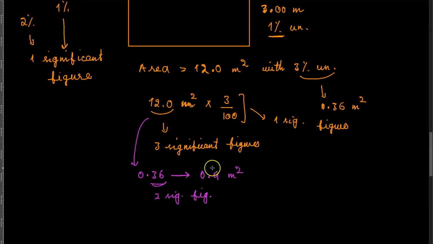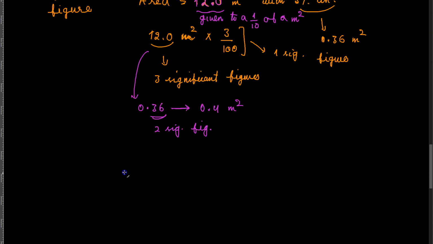You can think about it that way, or you can think about it this way as well, meaning that the area of the floor, as you can see here, has 3 significant figures, but this number has been given to a tenth of a square meter, right? So since this number has been given to a tenth of a square meter, this number has to be given to a tenth of a square meter as well. Otherwise, it doesn't make any sense. For example, suppose that you say 10 meters plus or minus, for example,